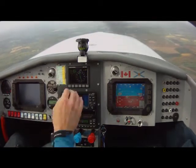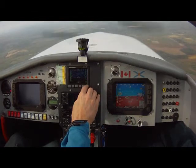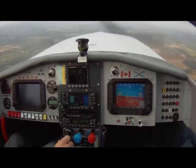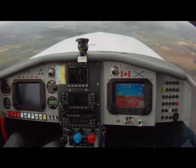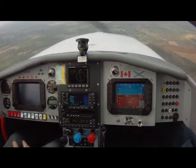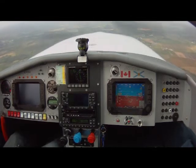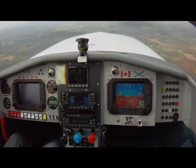That seems to be working quite well now. What's this look like? That gives it to me too, but I really do like that better. A little flap on to help stabilize things here. That's all looking really good. LNAV, don't know what that does, but...